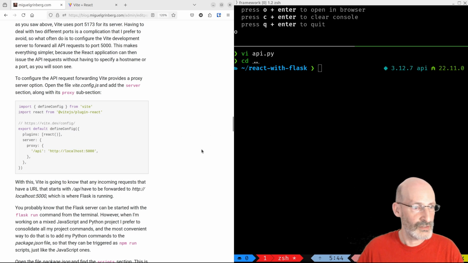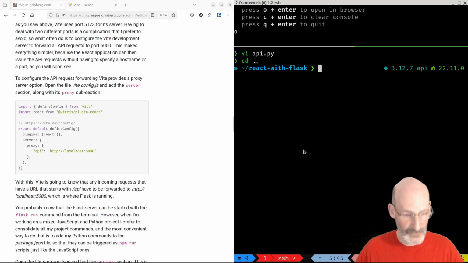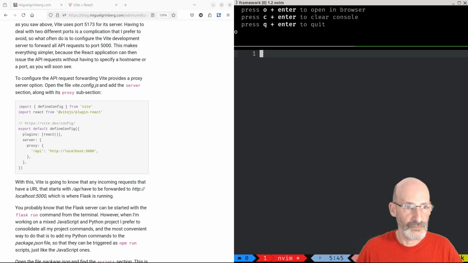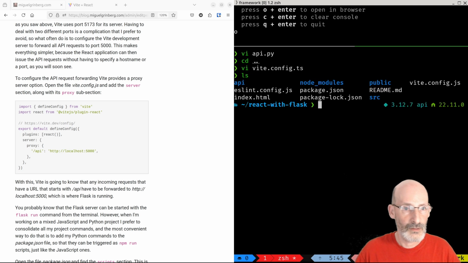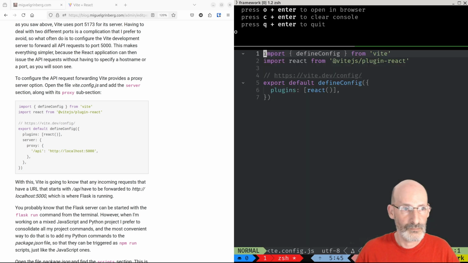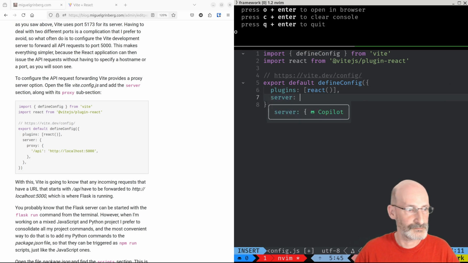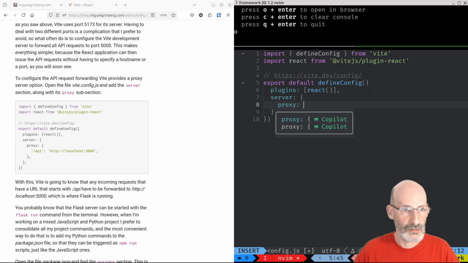So this is in the configuration for Vite. So let's open this config file, and what we are going to do... Oh, there we go. So what I'm going to do here is add a server section, and then inside server a proxy section,